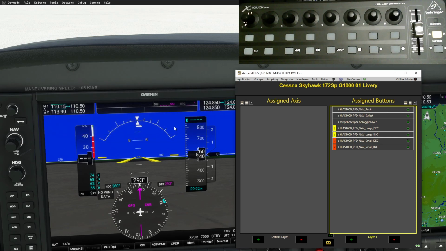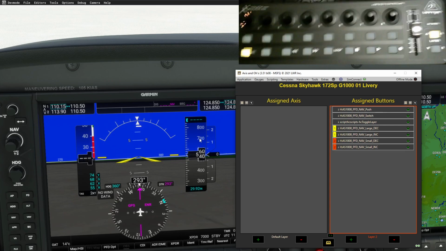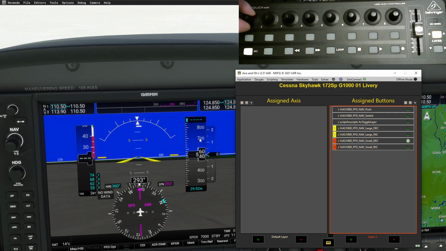So we close that. So if we've got it right, fingers crossed, when I change layers, there it is. The light is on because we're now in kilohertz mode. So I turn this, I should see the kilohertz changing, and I am. If I press it again, we're now in megahertz and the light is off. So, it works. It's doing what I asked it to do. Everything is based on one channel here, and we've got complete control of that. If I go back to my PowerPoint,